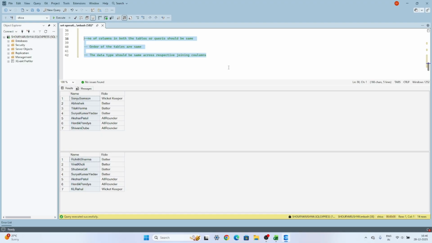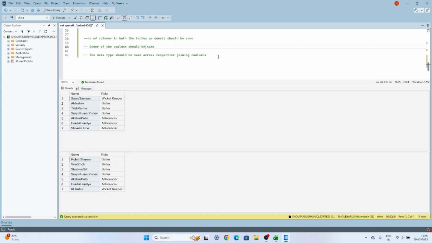The order of the tables, sorry, the order of the columns. The order of the columns should be same,